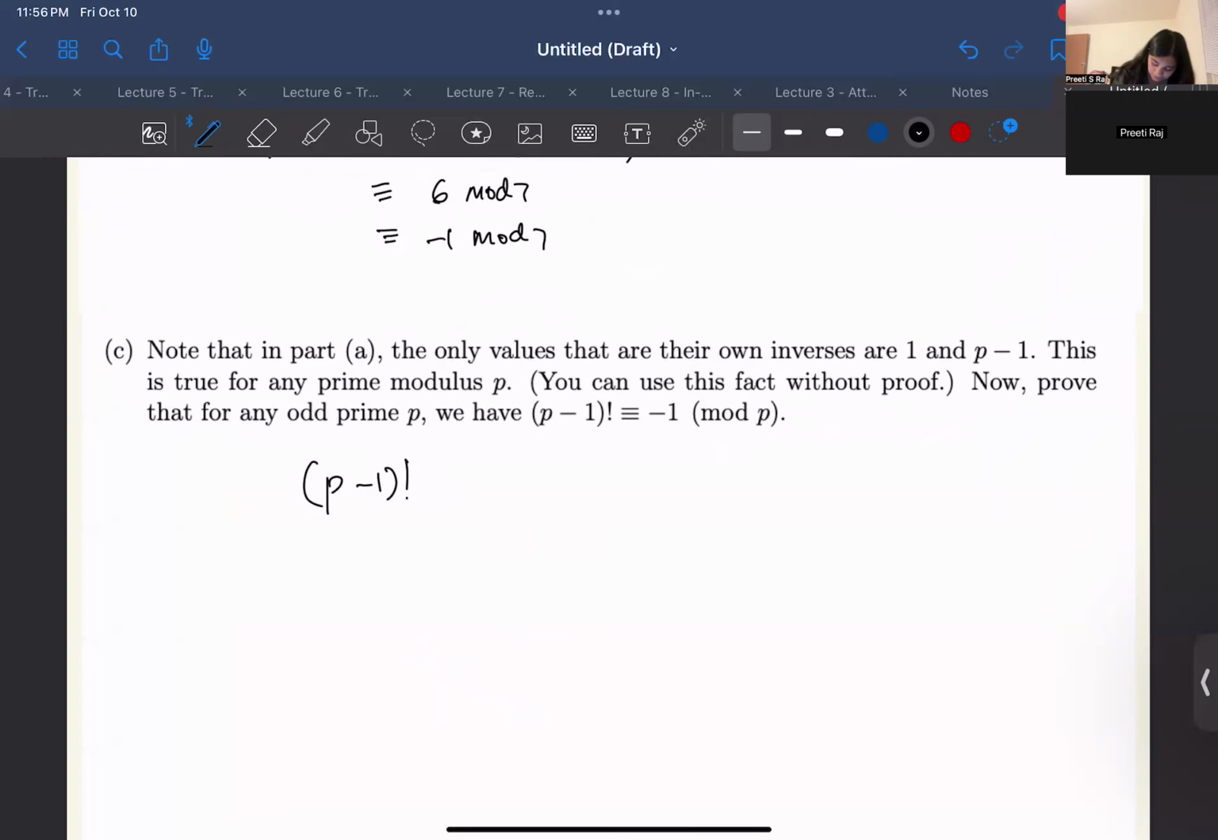So we have (p minus 1) factorial. (P minus 1) factorial is equivalent to p minus 1 multiplied by p minus 2, p minus 3, and so on until 2, 1 mod p. Okay? And then we're going to say,